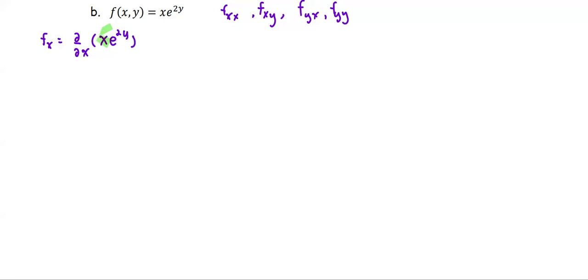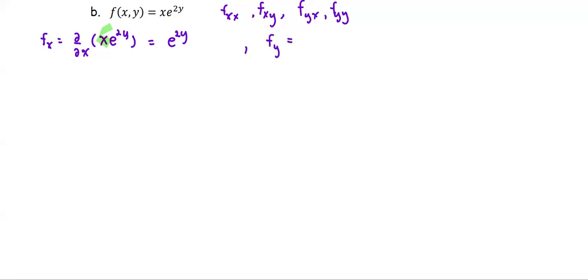the variable, the rest is the constant. That means e to the 2y is treated as a constant term. The derivative is just e to the 2y. Then for the